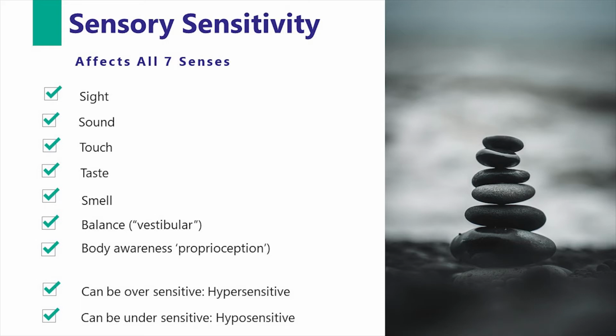Let's take sight. People with an ASD may experience the following differences. For those who are undersensitive, objects can appear dark or lose some of their features. Central vision is blurred, but peripheral vision may be quite sharp. A central object is magnified, but things on the periphery are blurred. There might be poor depth perception, problems with throwing and catching, clumsiness for instance.